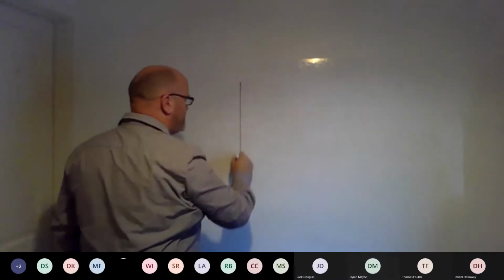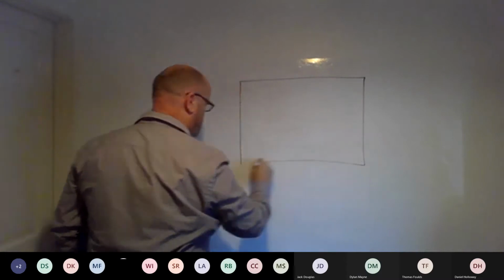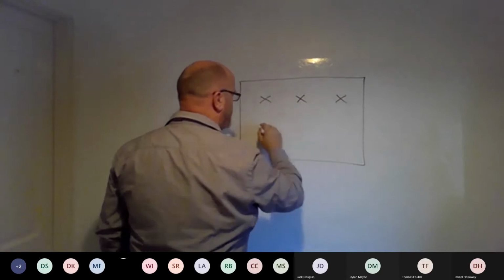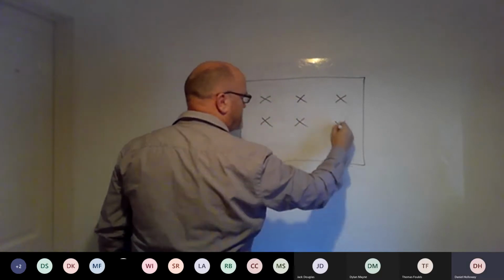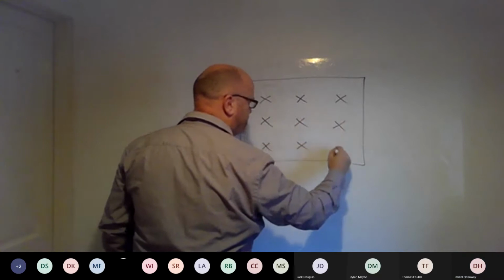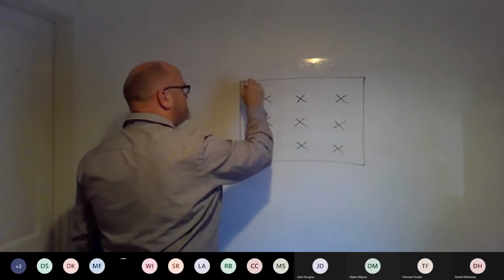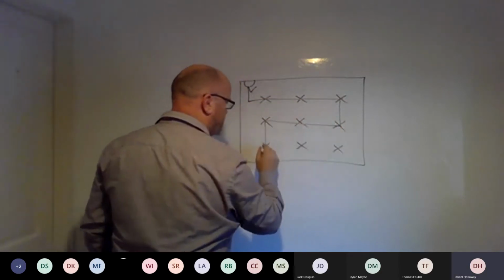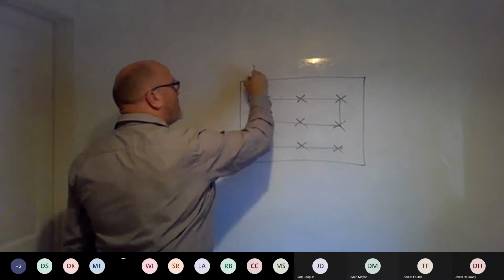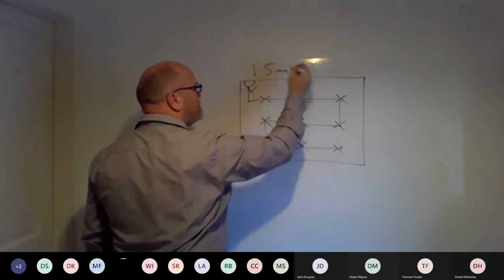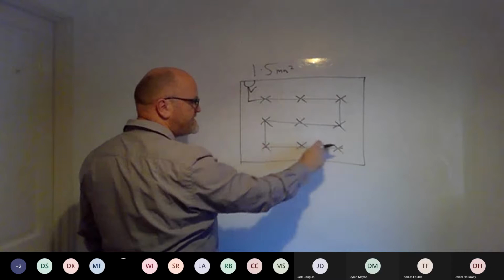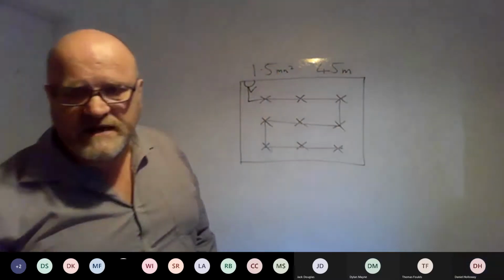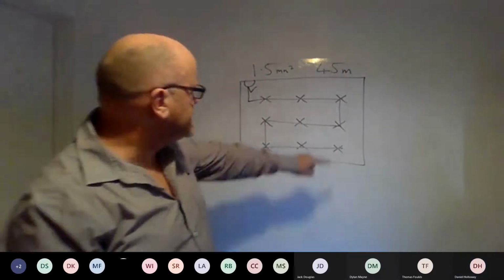So if I had a plan of a building, and I had a lighting point there, a lighting point there, a lighting point there, say 9 lighting points. It's in a factory. There's a switch. And the cable goes from there to there, to there, to there. And I was using 1.5 millimeter squared cable. And if I measured that length there, it measured 45 meters. What's my expected reading when I test at the furthest point?